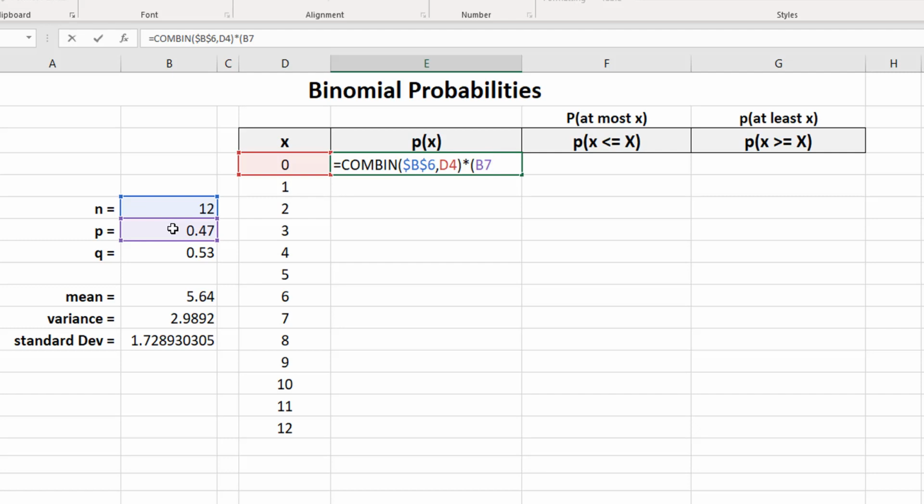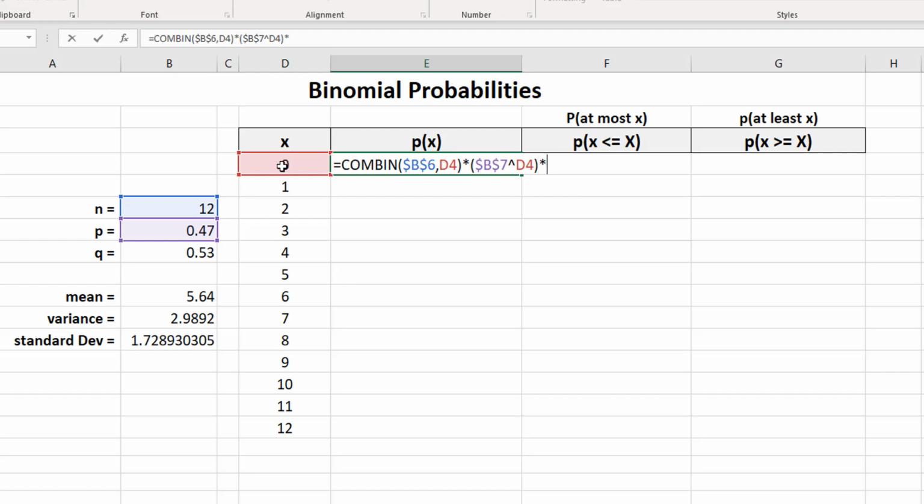Then I have to decide, do I want that to be a static reference or a dynamic reference? And we always want that one to be a static reference. So I'm going to put the $ sign before that. I am going to raise that to the X power. I'm going to close my parenthesis,